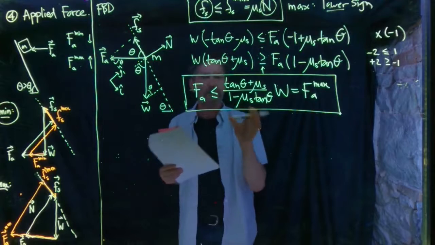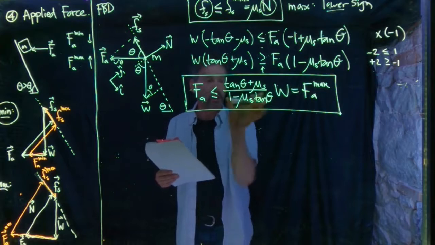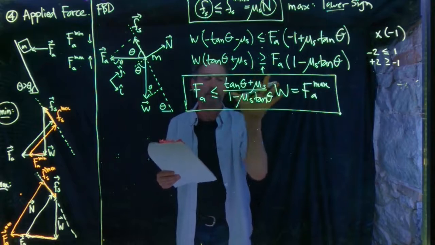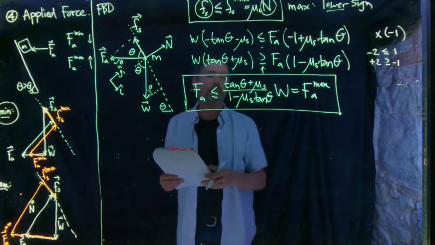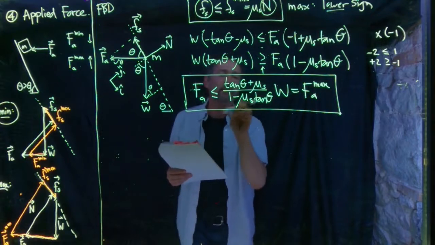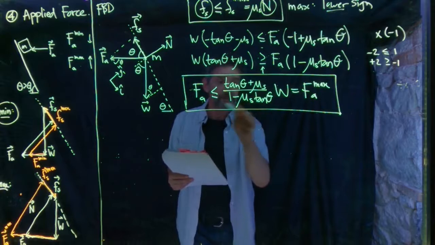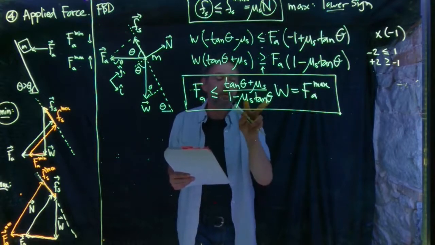So the interesting case to look at is this denominator. Normally this denominator is positive, and so you just have the applied force is less than or equal to some number, and that's your maximum applied force. But what's interesting is that because there's a minus sign there, it means that this denominator could become equal to 0. So normally it's positive, but as you crank up the angle more and more and more, that gets bigger